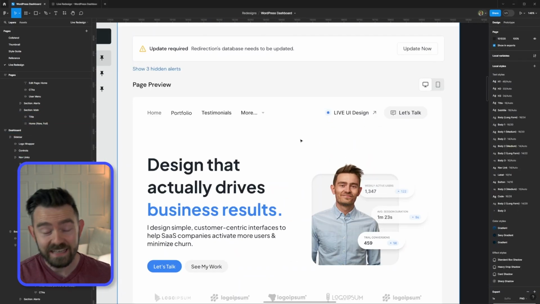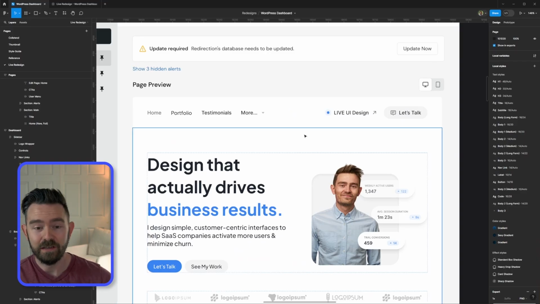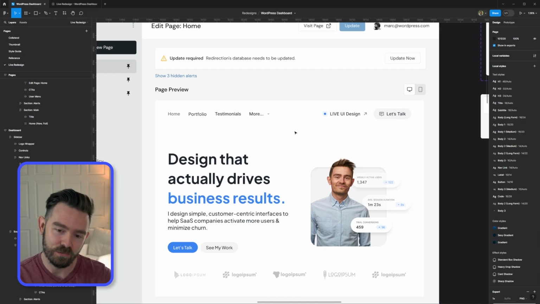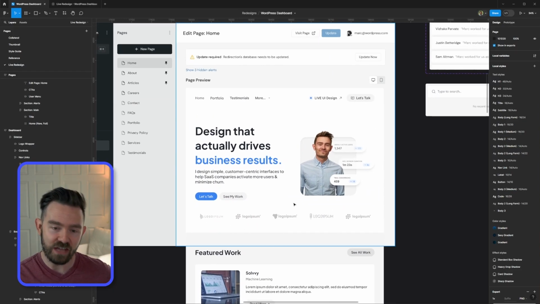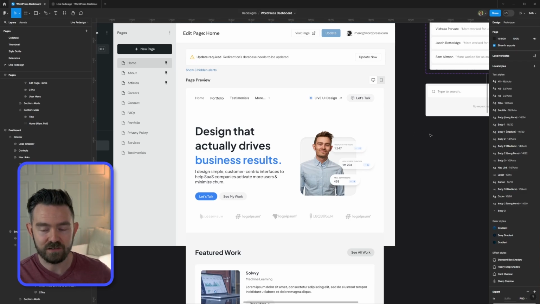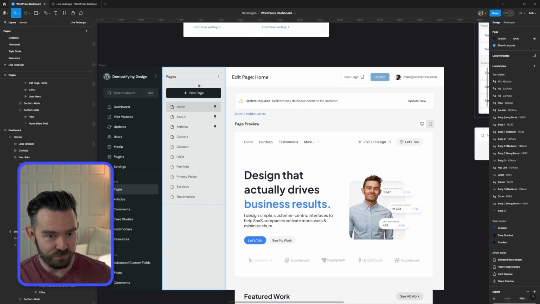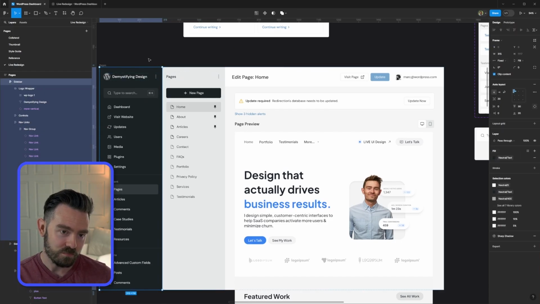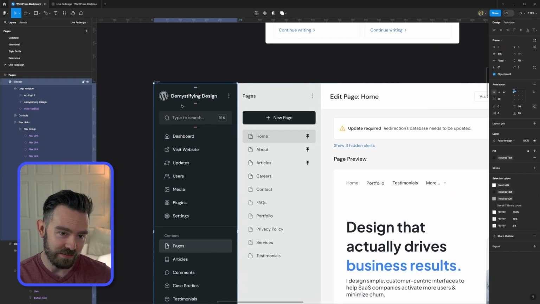Okay, so I've gone ahead and put my current portfolio in here. Quite a good portfolio, I do say. And I'm going to try and figure out a way to communicate to the user that a given section has been selected. Now, I think that the treatment is going to be very similar to, as you can see in Figma, how this works, right? When I select a frame, we've got these blue outlines and then these little handles that